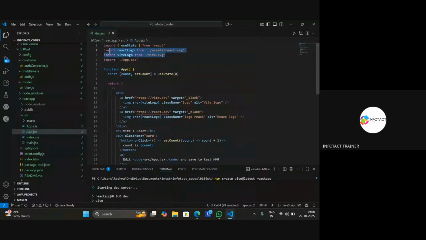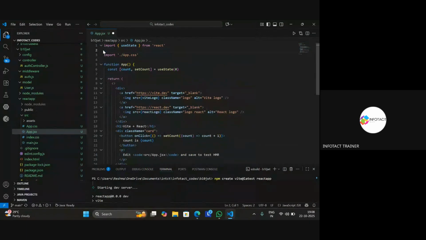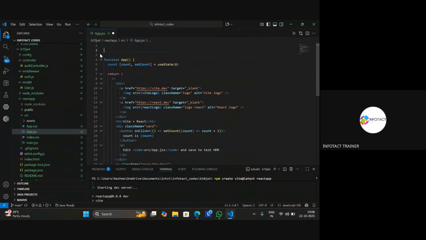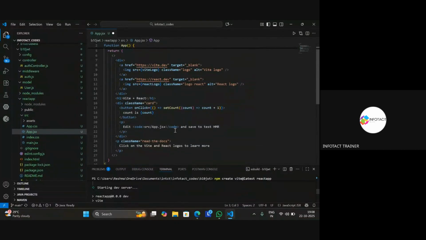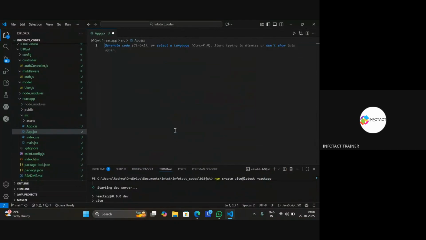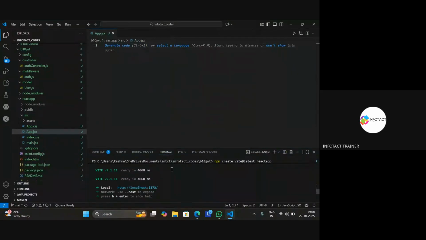I will remove these things. I will remove it as well. I'll remove this whole thing. And along with that, I will remove this also. Or if you want, you can select the entire thing and remove it and then save it by clicking on the Ctrl plus S keys. And after that, if you visit that page again